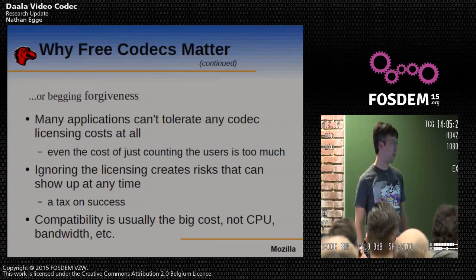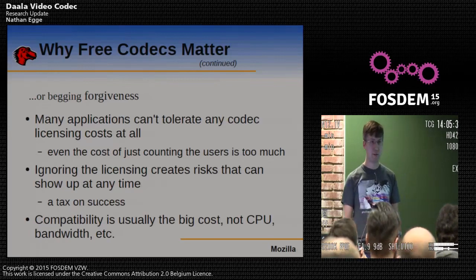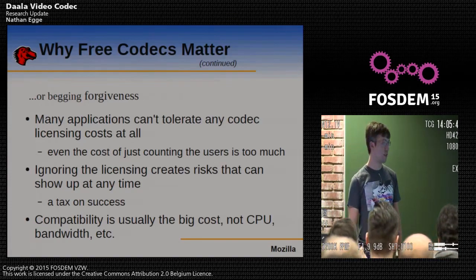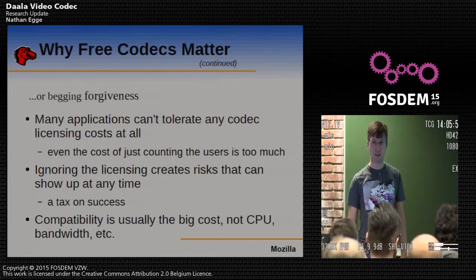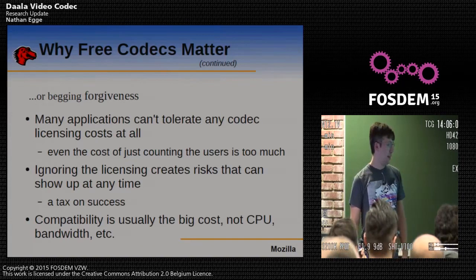So what a lot of people do is they just ignore these costs. For small projects, you're perfectly fine doing so with the assumption that you're too small to be sued. But once you're successful, then you become a target. A famous case is Skype. They started by using VP7 and VP8, and then when they became larger and successful, they had the revenue to license other codecs like H.264. So there's a tax on success that shows up when you use codecs without being mindful of the licenses.